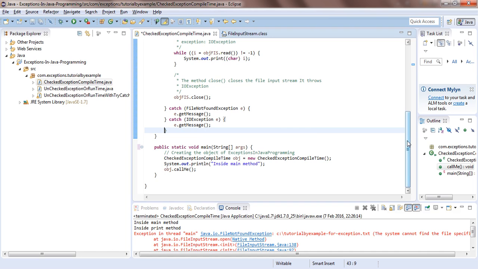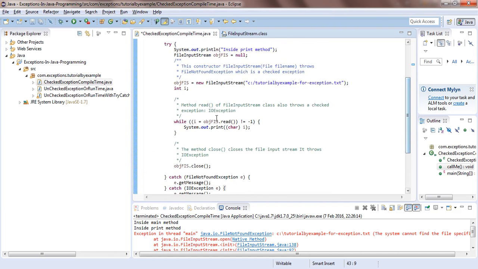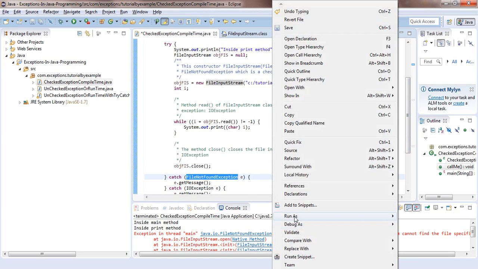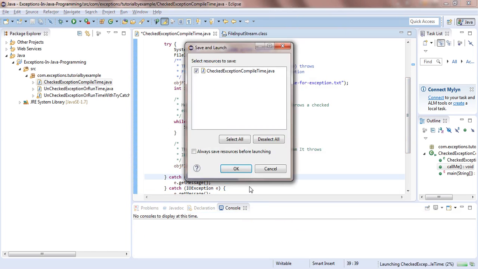What happens is, this catch is for FileNotFoundException, and the IOException is for read and close. So the read and close methods are covered by IOException, and FileNotFoundException covers the file not found. And in the calling method it's now not required. If we run it again,